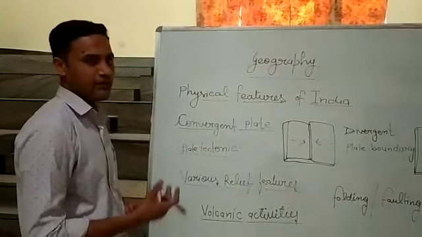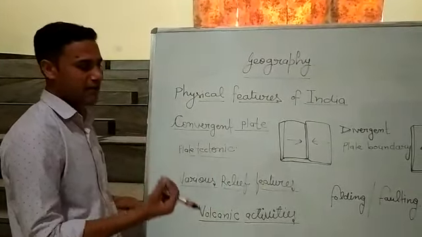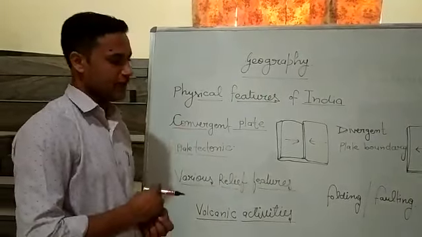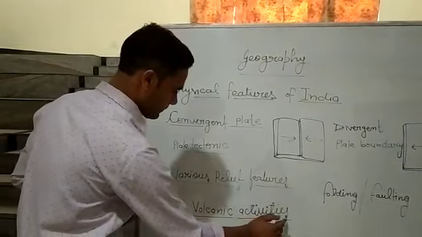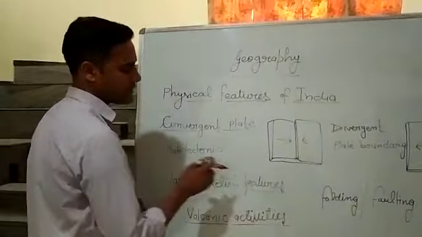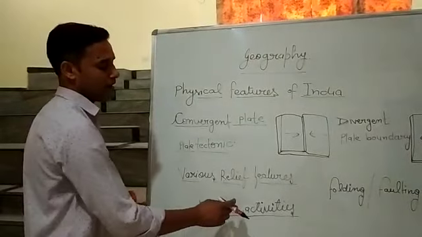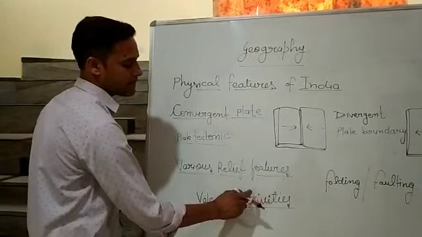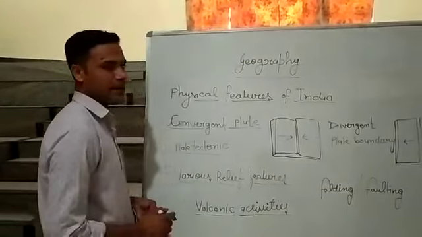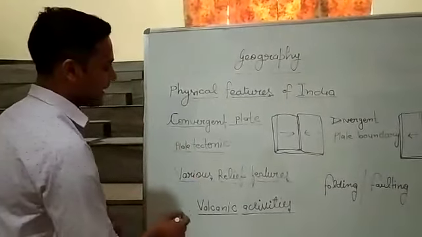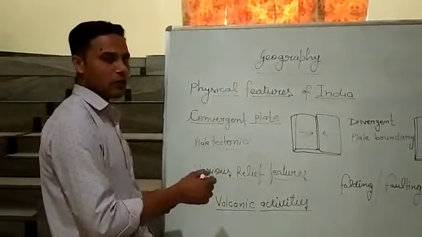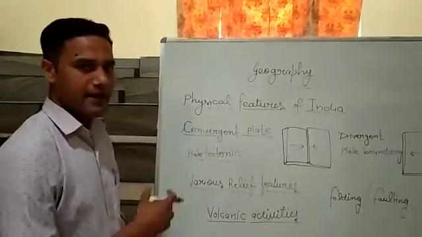Volcanic activities: when a volcano erupts, magma comes forcefully out, so it is spread on the earth's surface. Sometimes it develops mountains, that is volcanic mountains. Sometimes different types of streams flow, and sometimes fountains develop. So that is due to the volcanic activities. Many more points we will cover in the next slide.